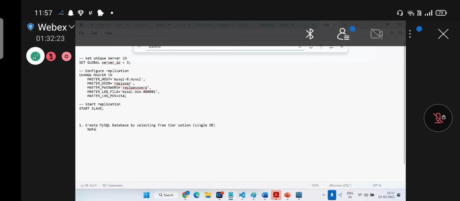Note: enable public access. Port also 3306, security group. Okay, next is connect through MySQL Workbench and create a